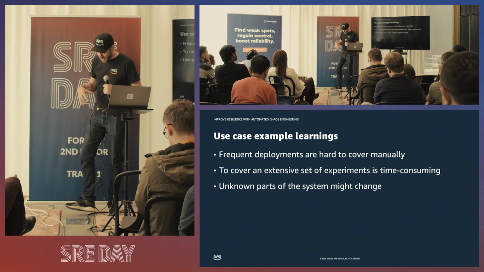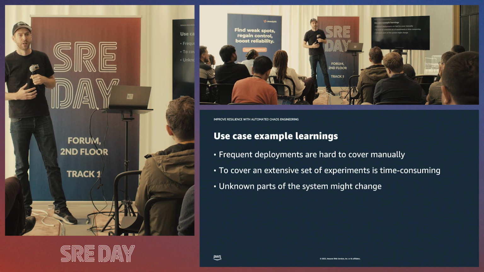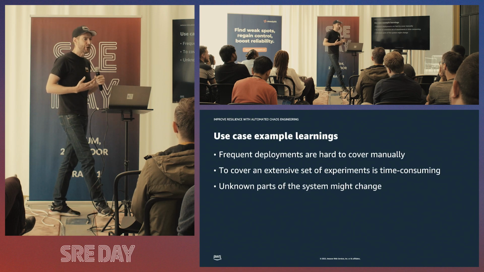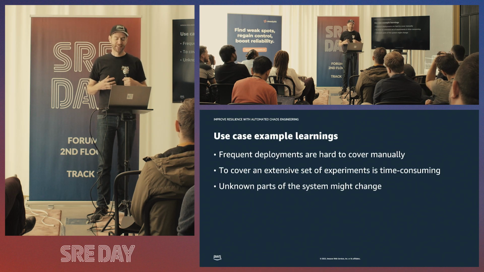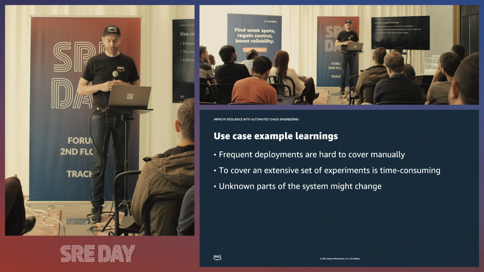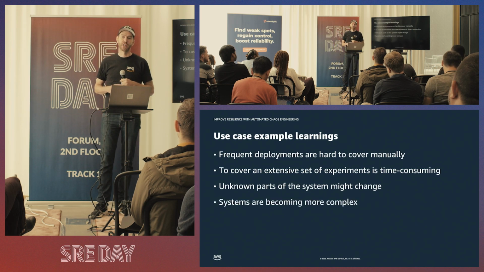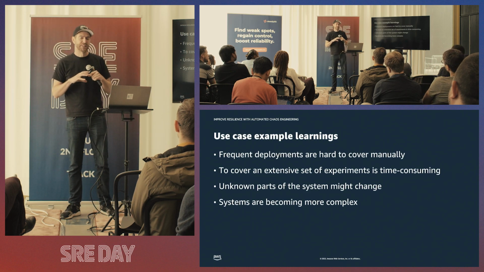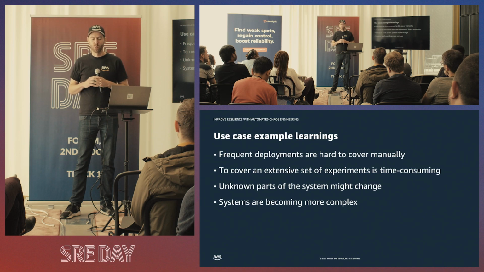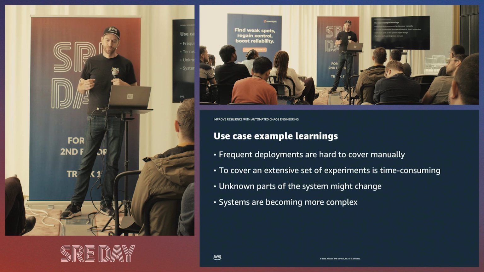And even though my team and I have full control over our service, the product service, we don't know exactly what changes within the system. Unknown parts of the system might change in ways that affect how my service works. All in all, systems are becoming more complex. It's hard for anyone today to create this mental model of how a system works, let alone to keep the documentation of a system up to date.